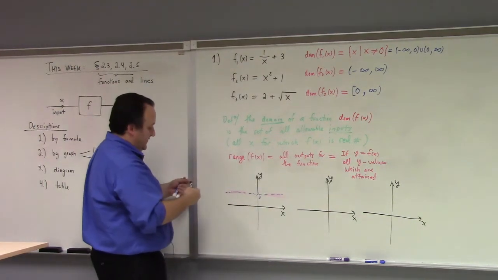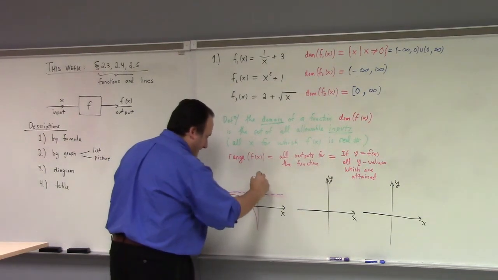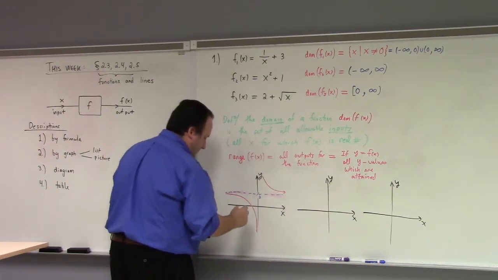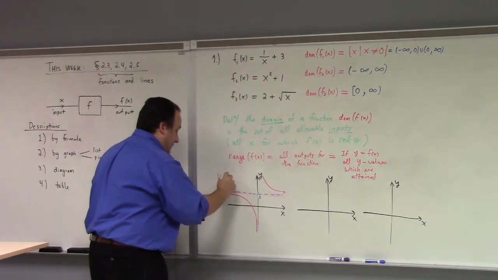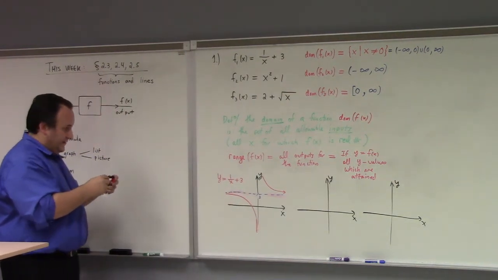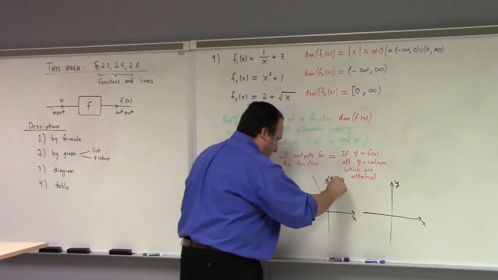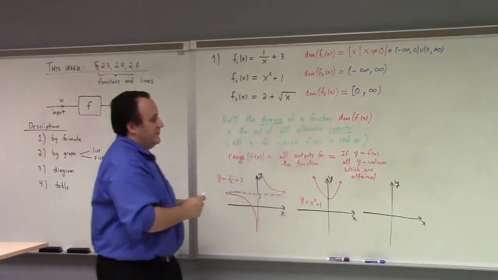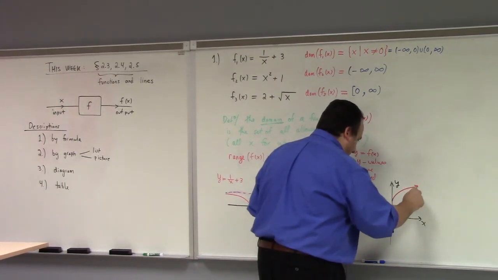And y equals f1 of x, it looks like this. All right, it's got what's called a vertical asymptote here at 0. So we're looking at y equals 1 over x plus 3 in this picture. All right. The graph of x squared plus 1, it's just got this turning around point here like that, and it goes up and up like that. That's y equals x squared plus 1. The 2 plus the square root of x, it starts up here at 2, and then it's like half of a parabola like that.